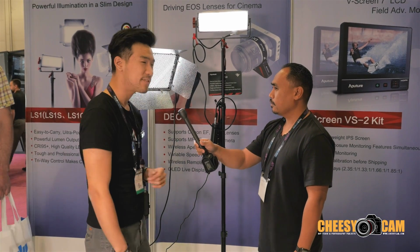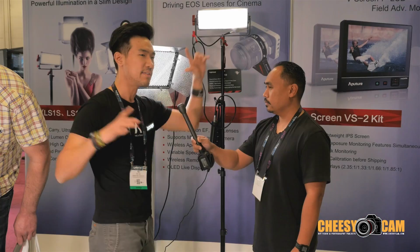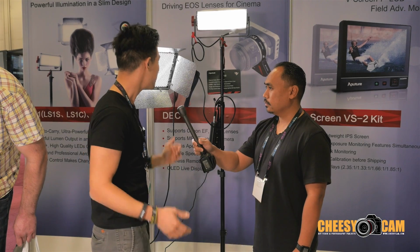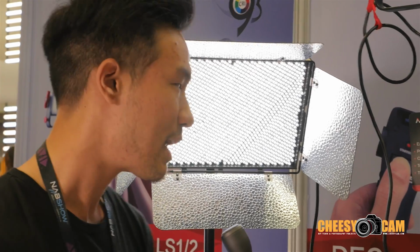So our full right here has 1,526 LEDs, and it's giving out about the output of a 1K light. So normally you're used to seeing a large light panel, and you'll see that's putting out a 1K light too, but it's so much bigger. So the reason that we can get that same light output on such a smaller panel is density. We're packing our LEDs much, much tighter. The reason you wouldn't be able to do that on another LED light is that there's a heat problem. If the lights are too close together, they heat up,